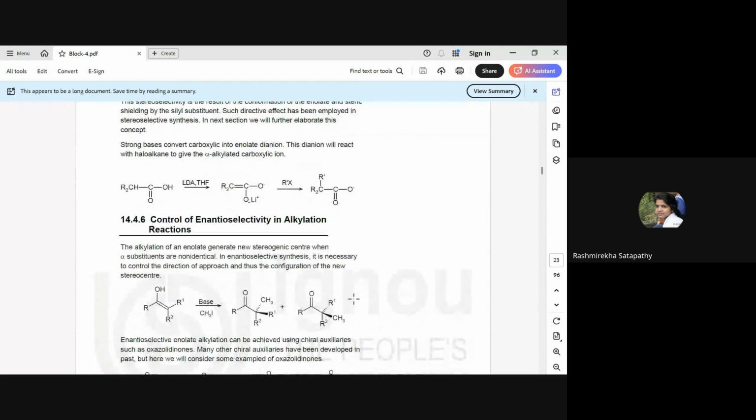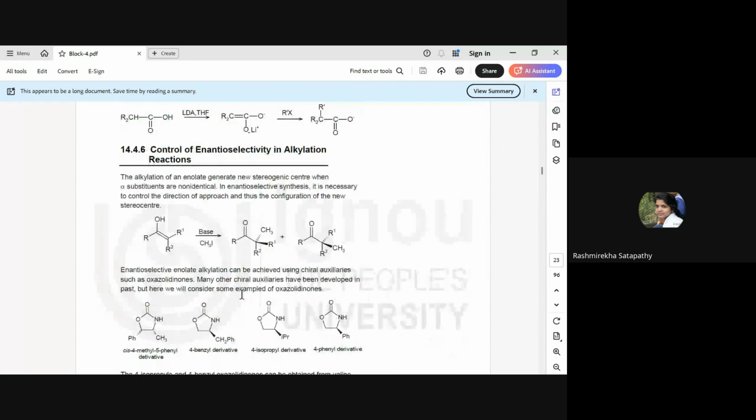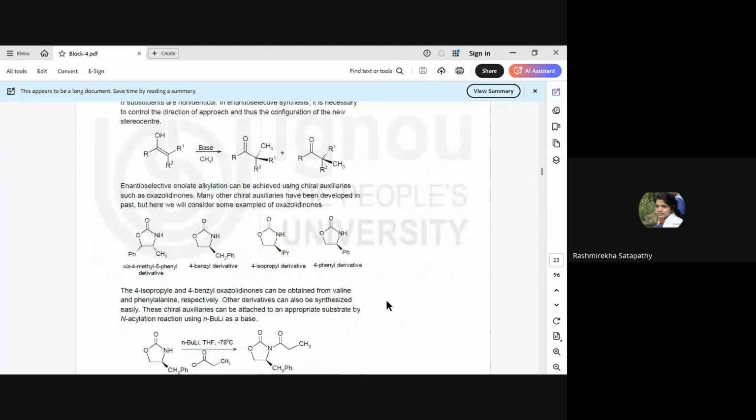Control of enantiomer selectivity in alkylation reactions. The alkylation of an enolate generates a new stereogenic center when the alpha substituents are non-identical. This is the enolate. In the presence of base and methyl iodide, we will get these two compounds. It is necessary to control the direction of approach and thus the configuration of the new stereocenter. Enantiomer selectivity in enolate alkylation can be achieved using chiral auxiliaries such as